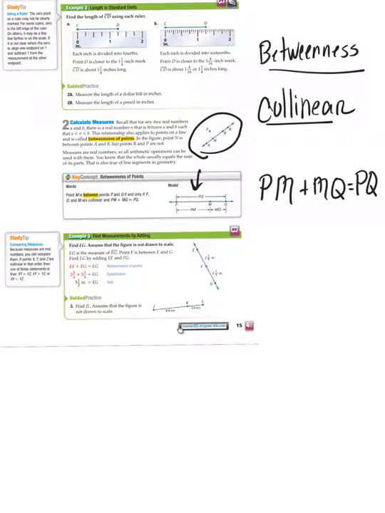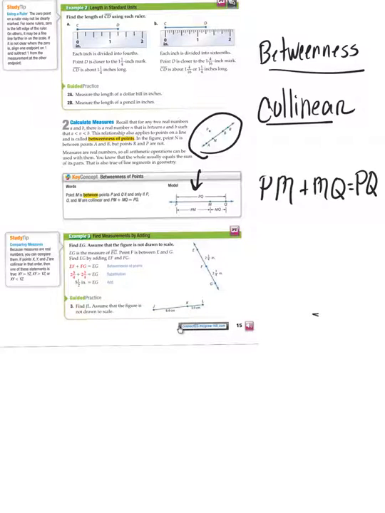So the distance, notice I don't have the symbol on top. See that, with that symbol being gone, that means distance. So the distance from P to M plus the distance from M to Q must equal the distance from P to Q. So if we look at their example down here below,